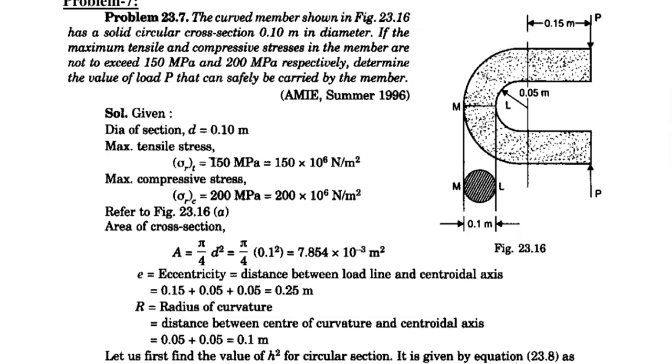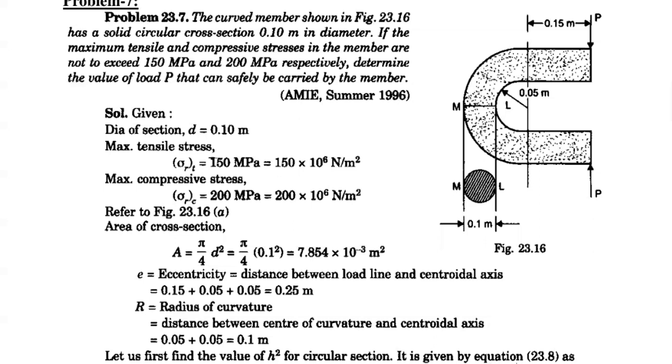So those who are still feeling difficulty in how to solve the problems, this is the best method. Just identify the cross section, write down the formula for A and write down the formula for h square. Half of the problem is over. If you are unable to do even these kinds of steps, nobody can save you in the examination especially.